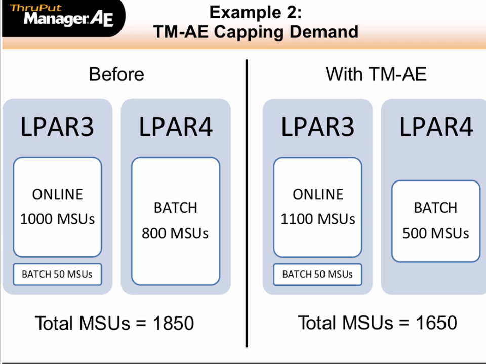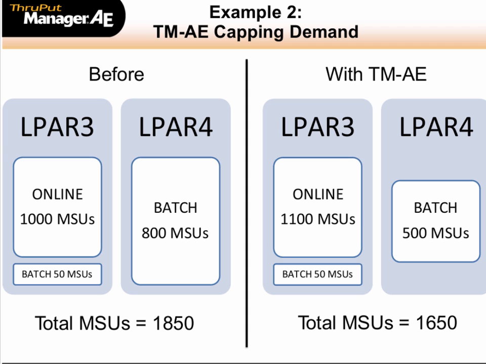Now, this installation wants to reduce their peak monthly rolling 4-hour average, but they have also reached a point where their online applications are going to need more CPU to handle an expected increase in transaction volume due to the introduction of a new application. These are usually conflicting goals. However,